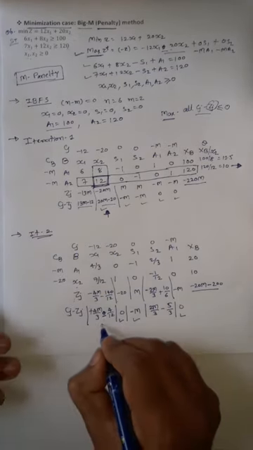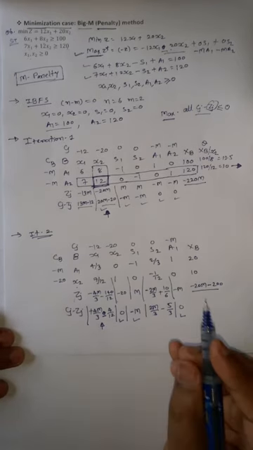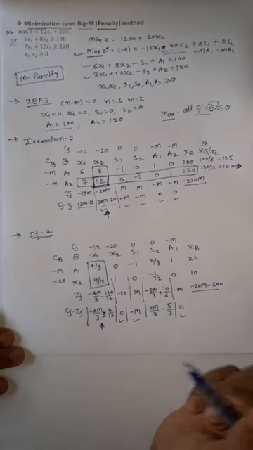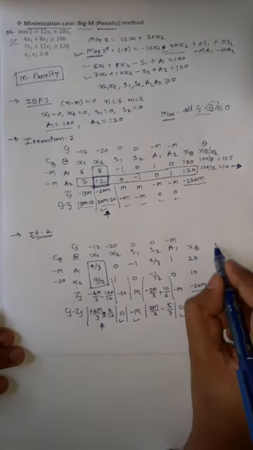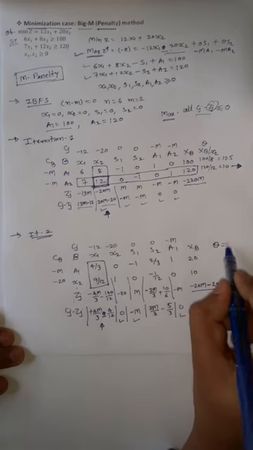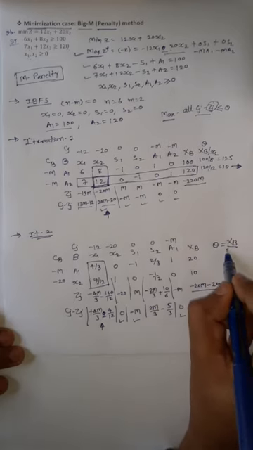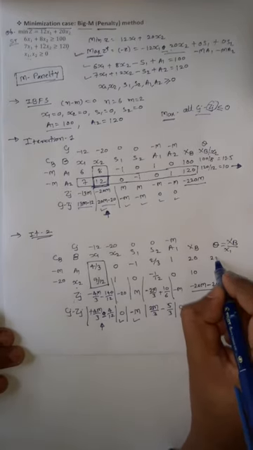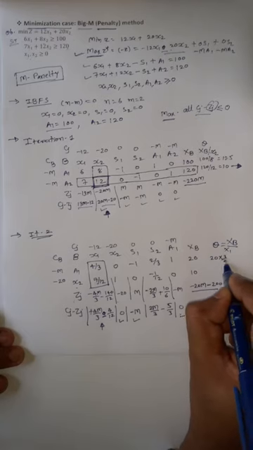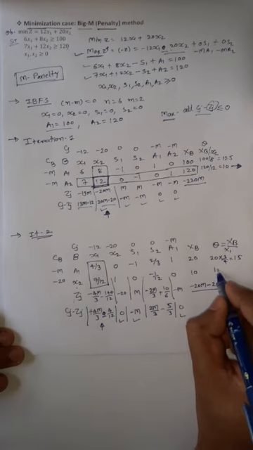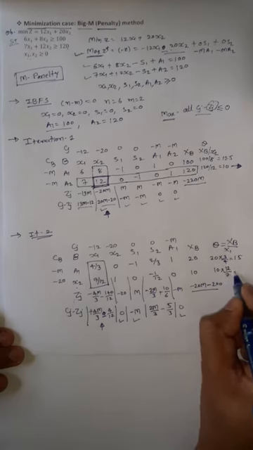So here this is the positive value, and it will be the incoming variable, and this will be the key column. After considering the key column, let's look for the outgoing variable, which is theta. Theta is the minimum positive ratio of xb divided by the key column. So here it is x1: 12 multiplied by 3 by 4, so ultimately it is 15. And here it is 10 divided by 7 by 2, so 10 multiplied by 2 by 7.